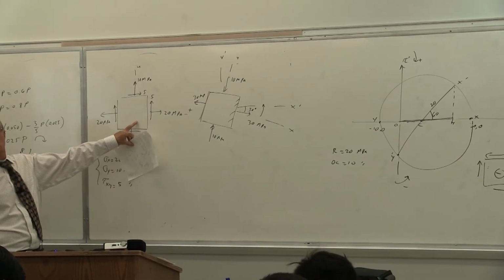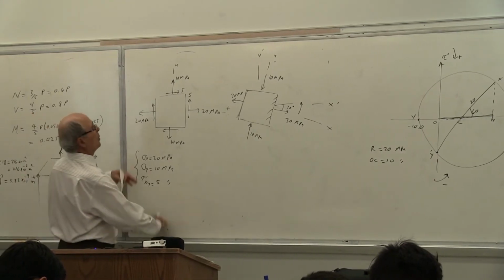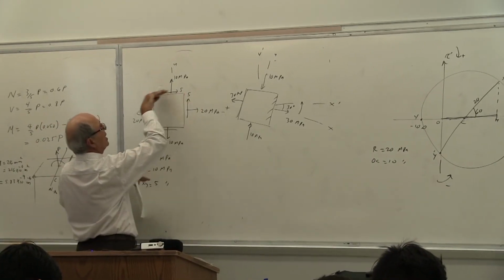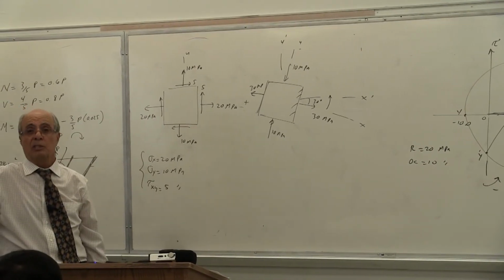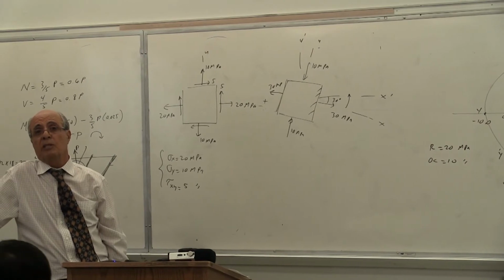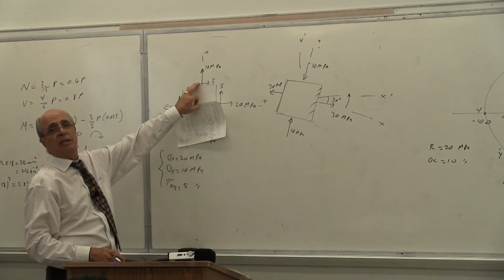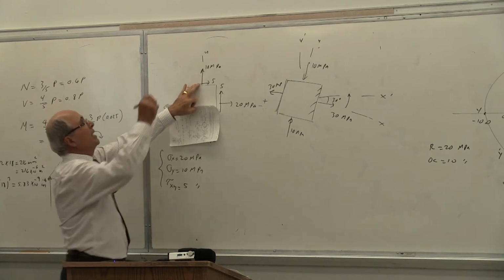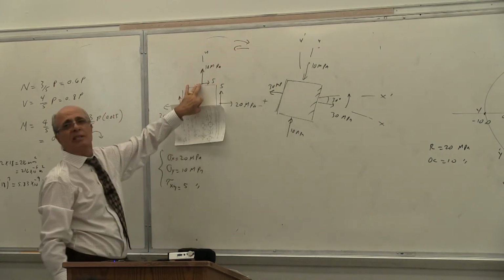Positive, correct? But Mr. Moore did not draw it like that. Mr. Moore, when he opened this up like that, he saw this arrow going this way, that arrow going this way. They are going in opposite directions. So he gave one of them a positive sign, the other one a negative sign. Which one is positive here? Don't look there. Which one is positive here? You see, he said anything going this way, call it positive. Anything going that way, call it negative.